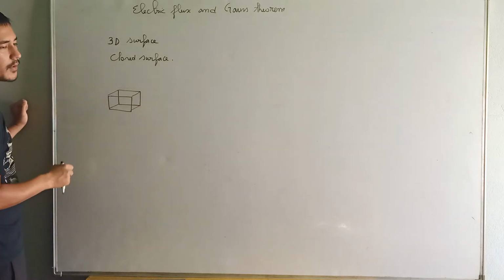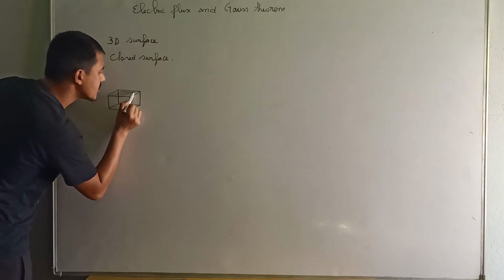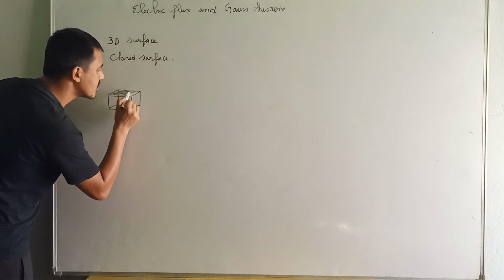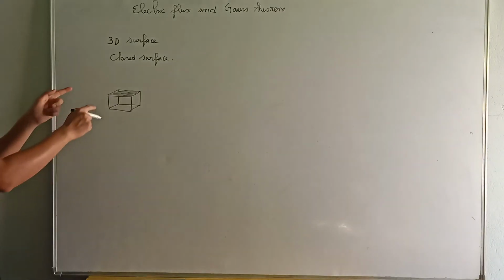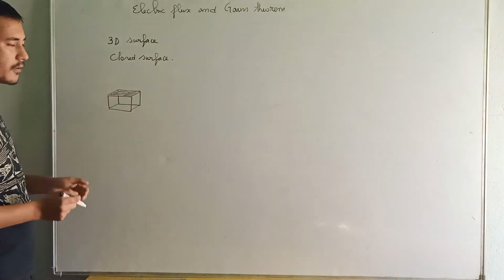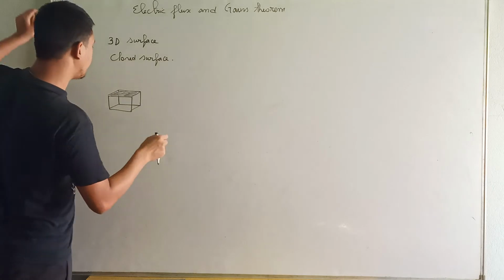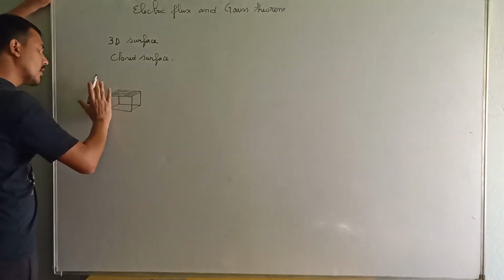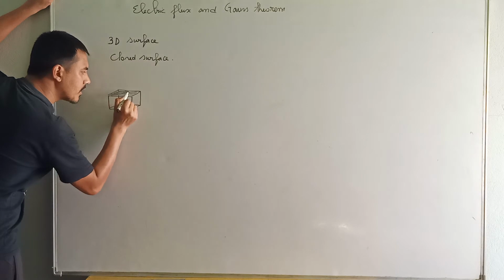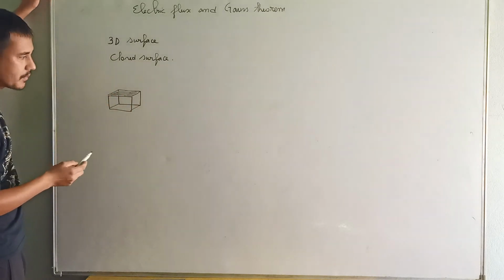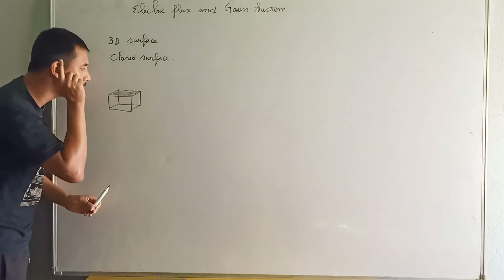See, this is a cuboid having how many faces? 6 faces. You want to find out the area vector of this face. Each face is in the shape of a rectangle, right? The surface of each face is a 2D surface. So you consider a 3D closed surface, and you want to find out the area vector of this surface here. The area vector will be acting in a direction perpendicular to the plane containing this